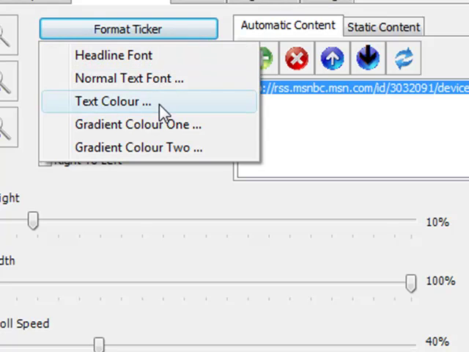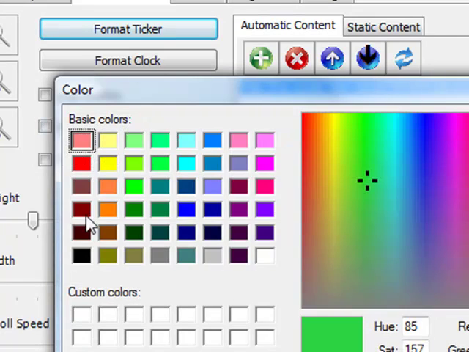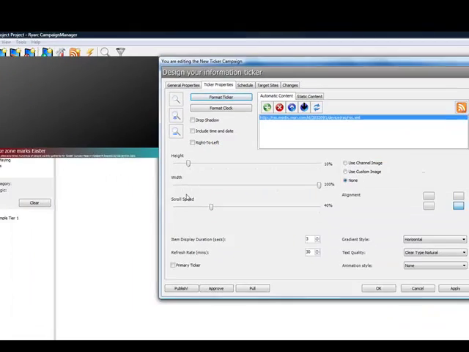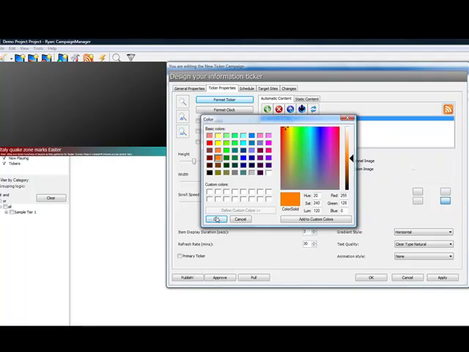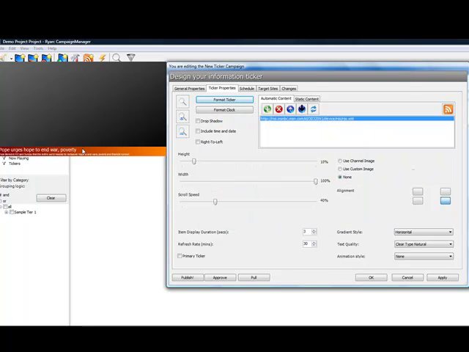I can also change the text color, and here's where I change the two gradient colors. So let's make this ticker look slightly different. We'll choose, say, this brown color for the first one, and we'll choose orange for the second color. So now we have something that looks different. In terms of color, I can also change the gradient style to be horizontal or vertical, and that's the kind